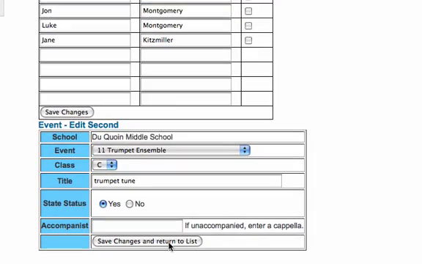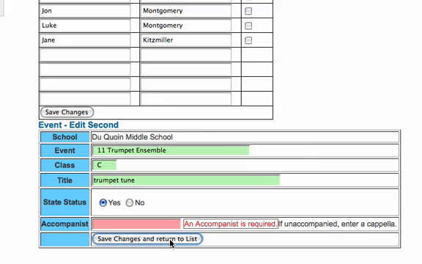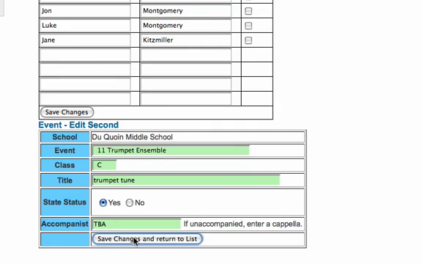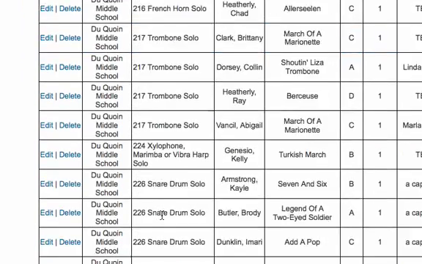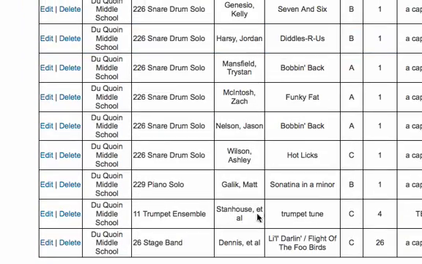That would be a fast way if you had a long list of names. That would be a fast way to put them in an ensemble. You can't do that with solos necessarily, but do that with an ensemble. Click your save changes. Up, it's required. I'll pull that off so you're not required to put one down. I failed to remove that. And there we go. We've got that in there, and we quickly put in 4 names.